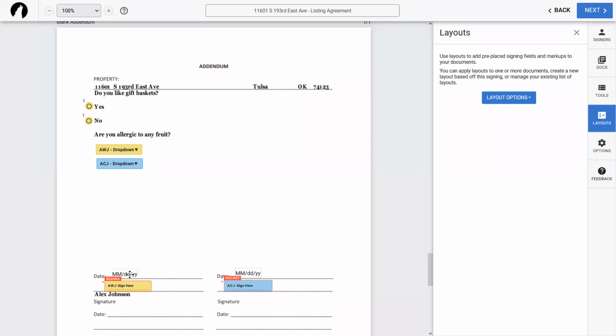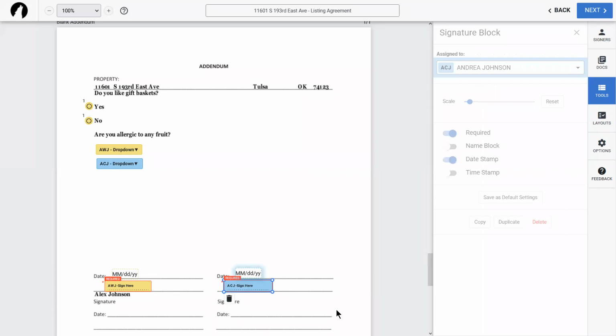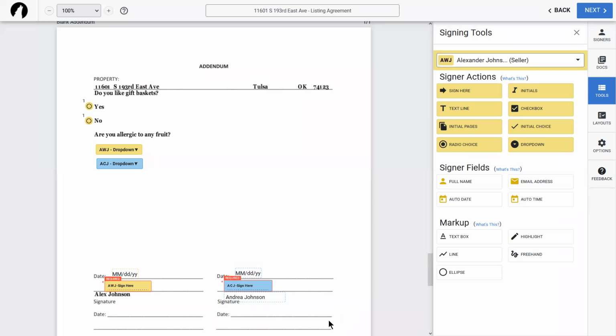Now you'll notice that there's one glaring omission since I accidentally didn't fill all of this in correctly. I can still go back and quickly add in the name block down here, and it automatically puts Andrea's name back. But the rest of the information was already remembered, so it's easy to go.